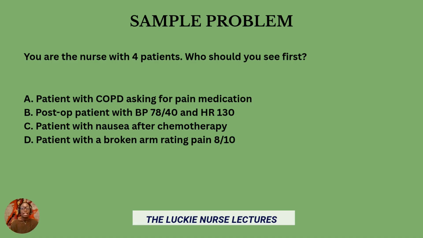They're hypotensive, typically with a systolic blood pressure less than 90, or a MAP less than 65. So this patient's systolic blood pressure is 78, which is dangerously low. Whenever a patient's blood pressure is dangerously low like this,